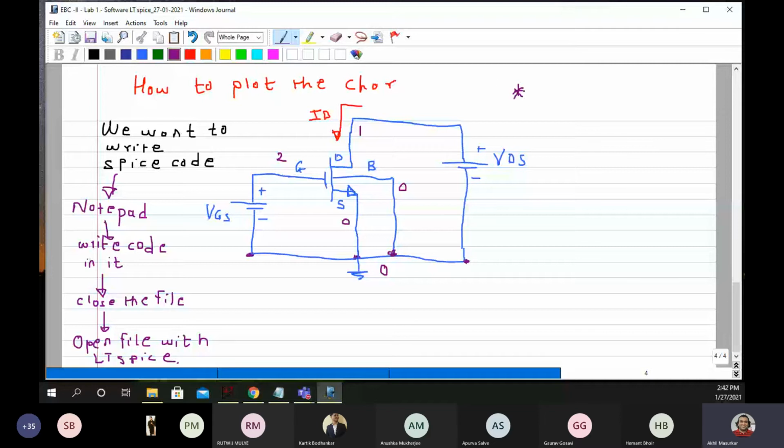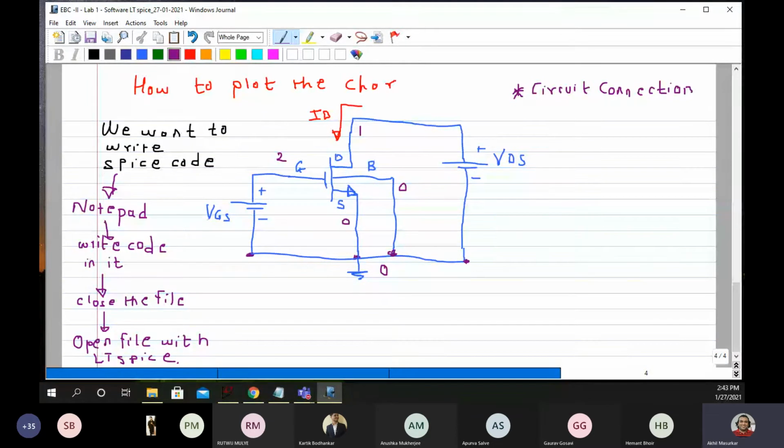When you put a star, it's like a comment. Star circuit connection. Now you have to tell what all things are there in the circuit.